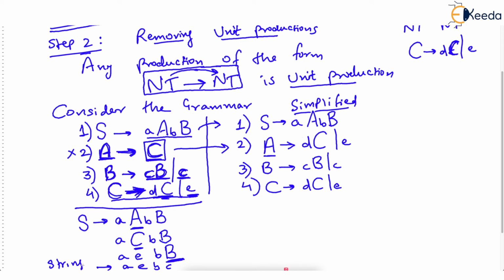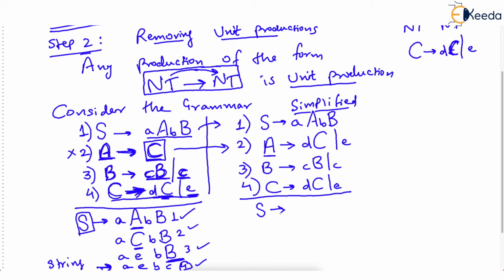If we follow these steps, this is one of the strings that can be derived from the start symbol. So how many steps did we take? 1, 2, 3, 4 steps to derive the string e, B, c. Now using this simplified grammar, if we try to derive the same string, this string required 4 steps. Check 1, 2, 3, 4, 4 steps to derive this. Now imagine that we use the right hand side, which is the simplified grammar.